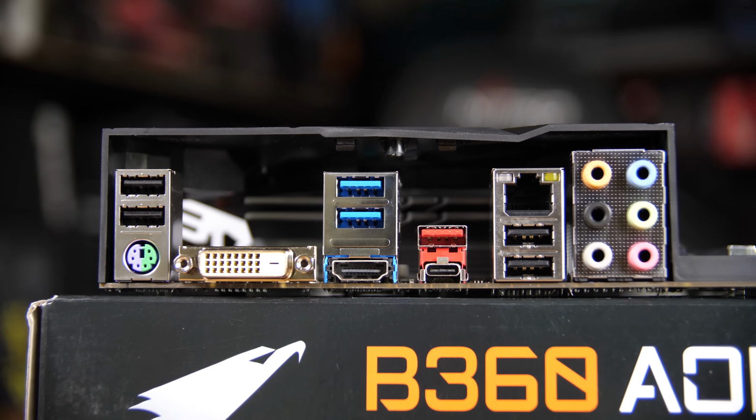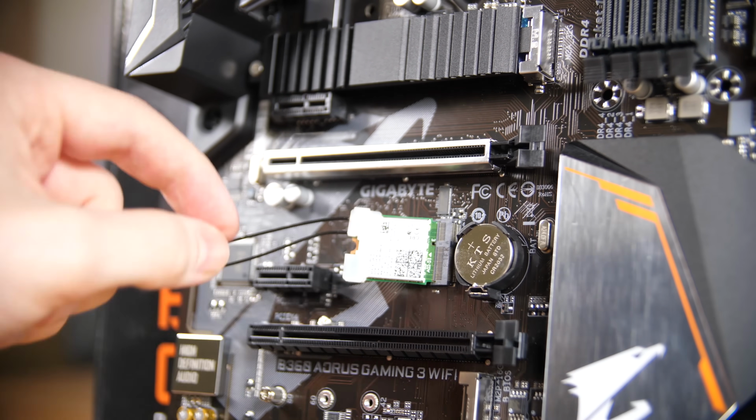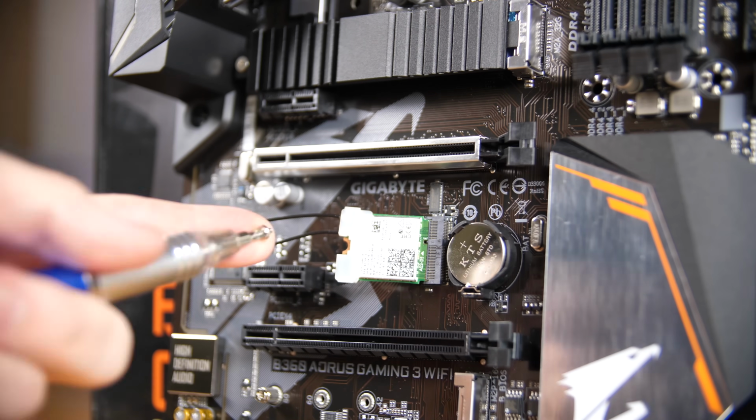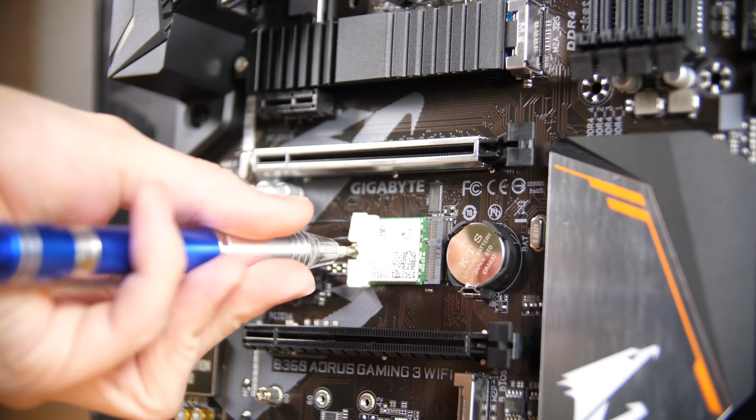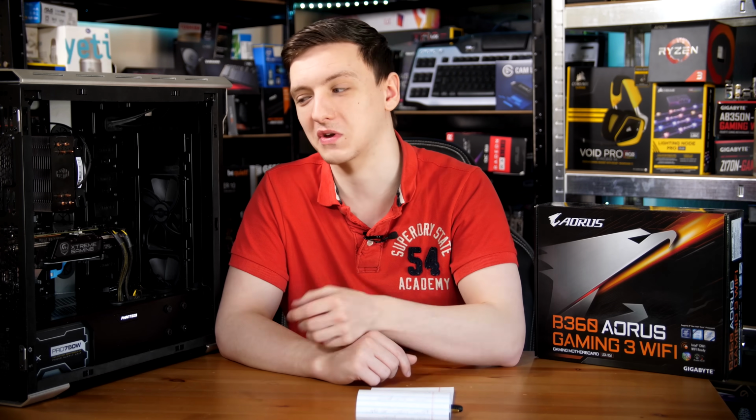The other thing to mention is the rear I/O, which is actually fairly plentiful. You have 4 USB 2 ports, a couple of USB 3 and Type-C and Type 3.1 ports as well, some display connectors available, and obviously 7.1 audio support, which is nice to see. If you're using the CMVI module, the Wi-Fi module that with this specific board does come in the box, you will actually have some of the USB 2 ports disabled, so bear that in mind when you're trying to connect your keyboard and mouse to USB 2 and it just straight up doesn't work because you have the Wi-Fi